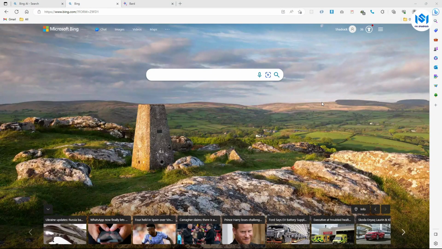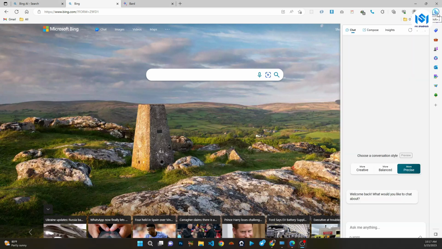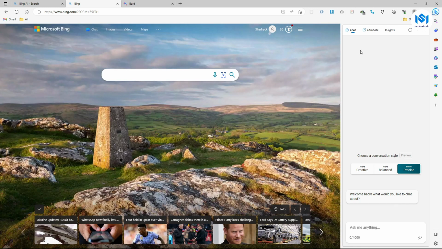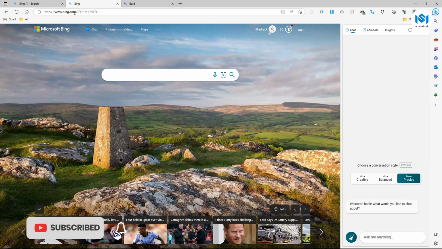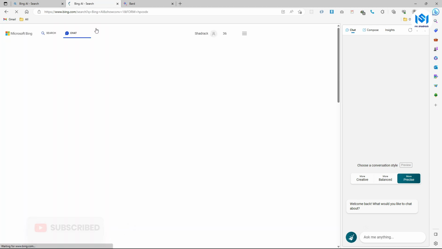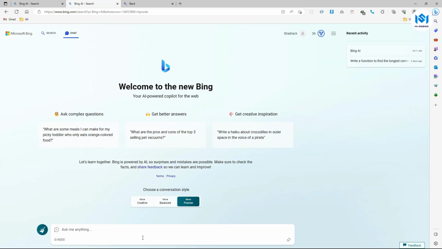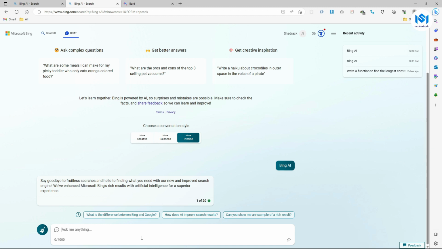So just like ChatGPT, Bing and BARD are conversational generative AI. Bing is made by Microsoft, BARD is made by Google. If you want to access Bing, when you open Microsoft Edge browser, you can see at the top right corner here, there is this new chat icon with B inside. When you click on it, you would have access to Bing chat and you can start asking it questions. Or when you open bing.com, you can also click on chat here. This will also open Bing chat for you, and then you can put in any question you want at all.